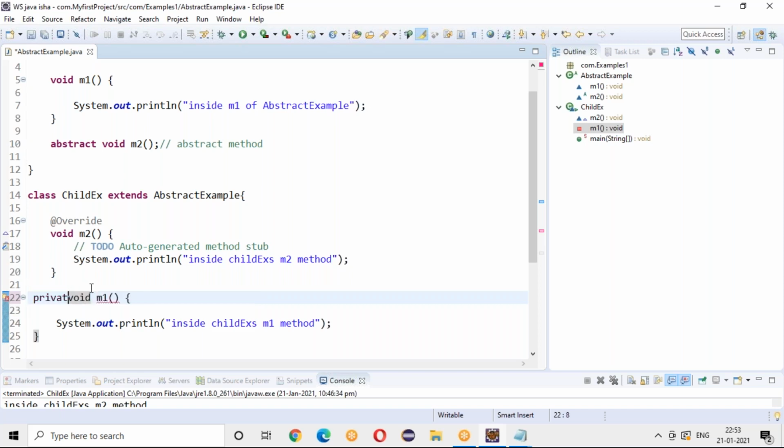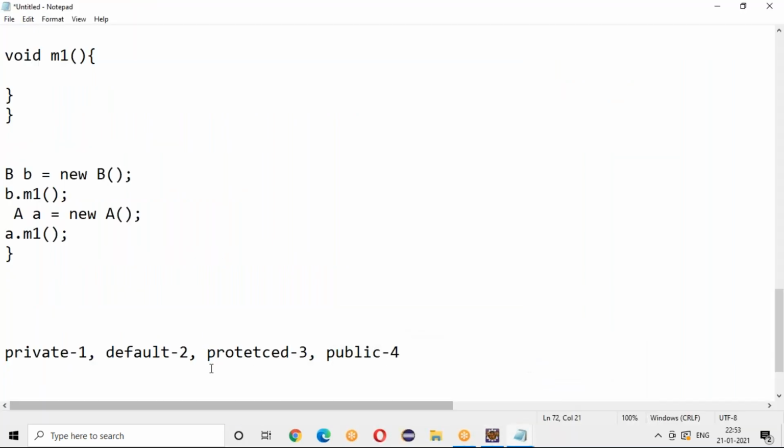So can I keep it as protected then? Can I keep this as protected? From default to protected, can I do? From default to private, I cannot do. From default to protected, can I do? What happened?